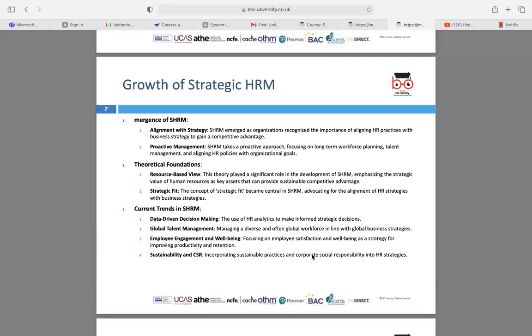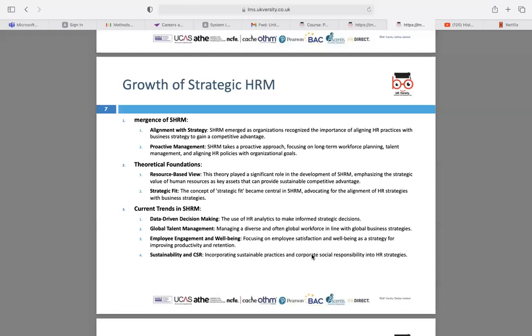And then strategic fit. Strategic fit basically means putting the correct strategy that fits your specific job environment or your specific job genre in the market. So you can have different changes that are taking place actively, and also look at the competition in the market and then come up with strategies that fit your business model perfectly.